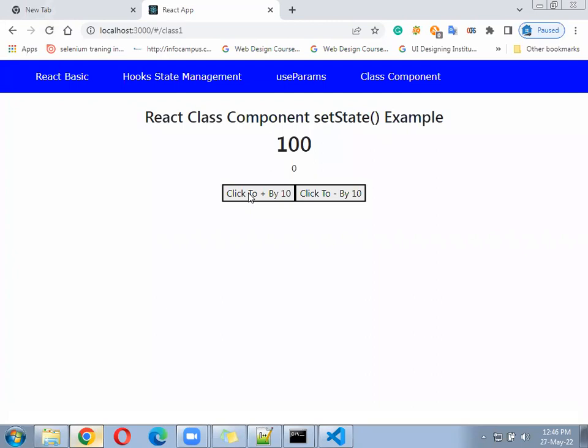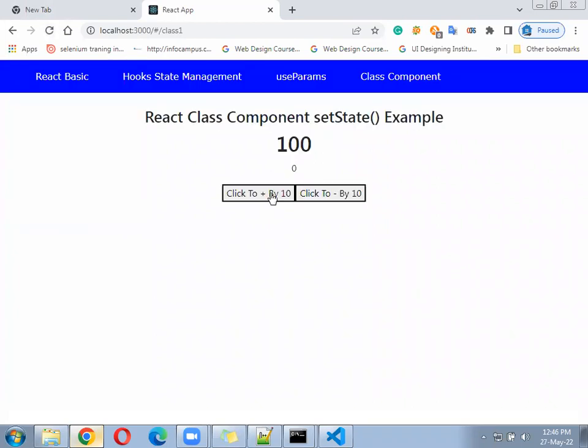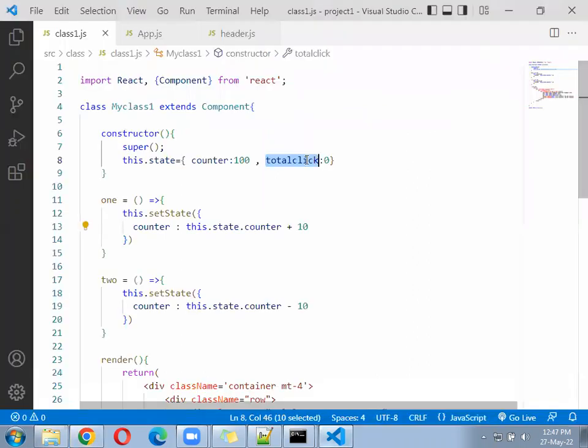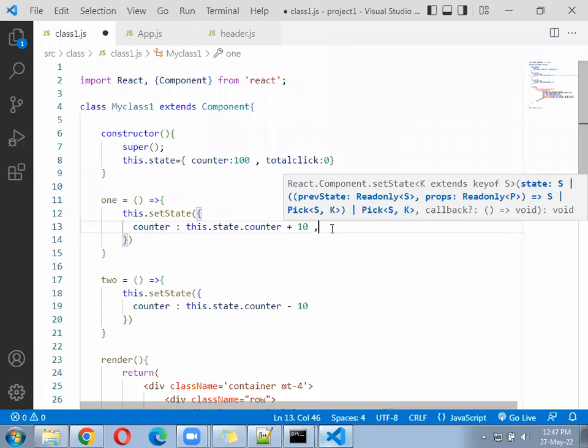Once we click here, increment will happen by 10. If you click again, decrement will happen by 10. So this is nothing but you are changing the value of state. You are changing only one variable here called counter. You are not changing the click. So we can go here and keep a comma here, and in the same line or a new line we can write